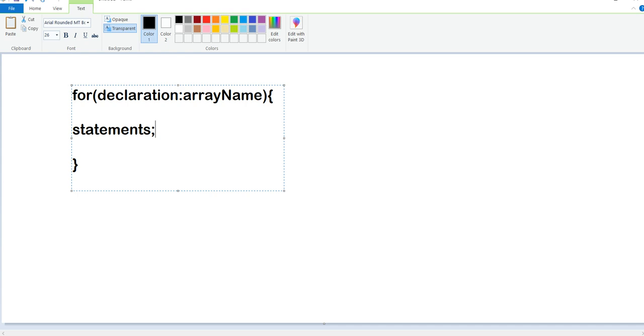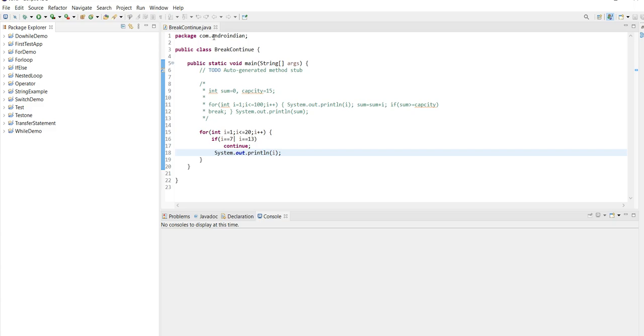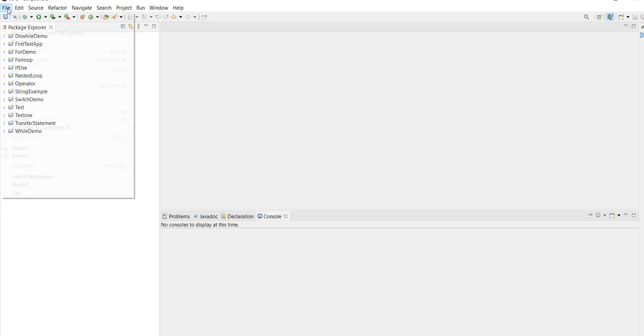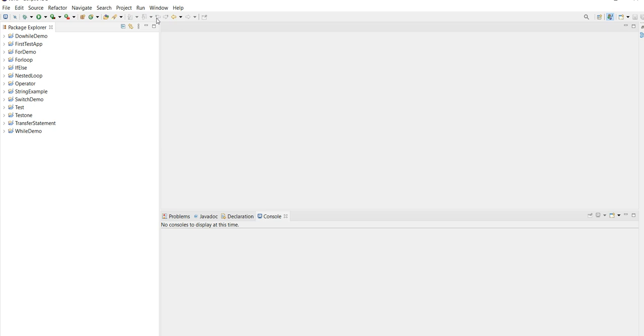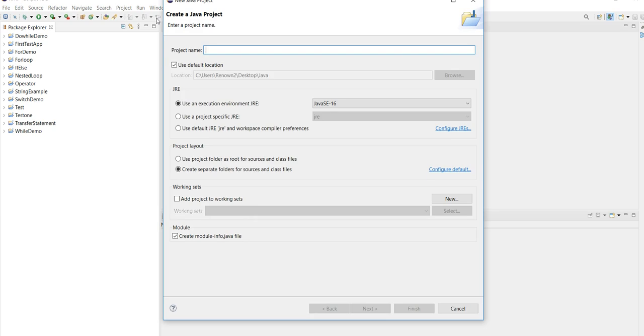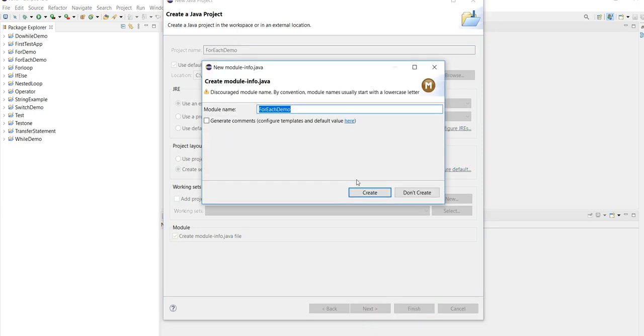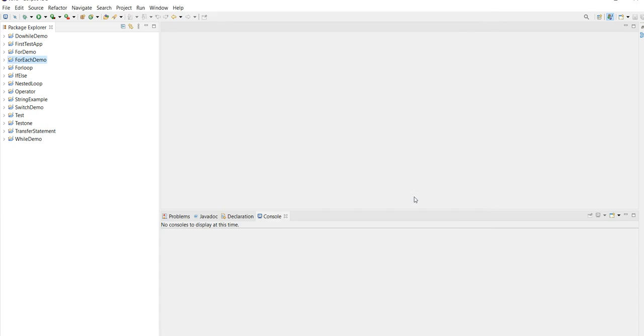So for example, we'll create one example program and discuss how it executes and what its output is. I'm creating a new Java project with the name ForEachDemo.